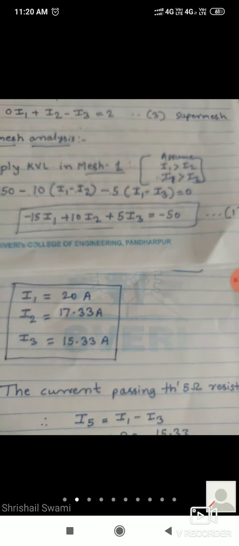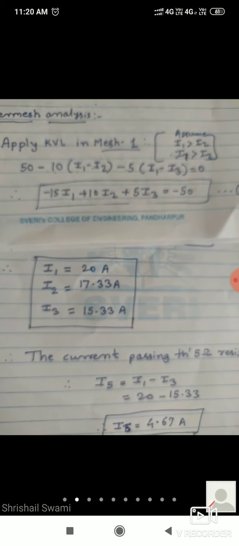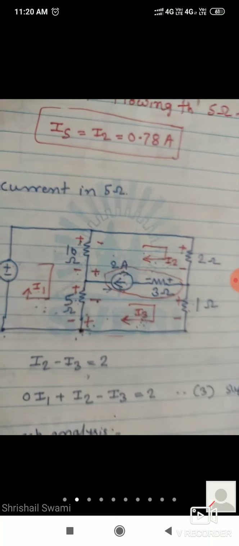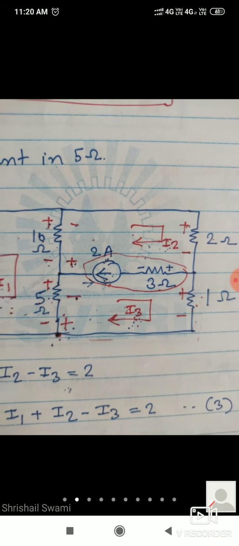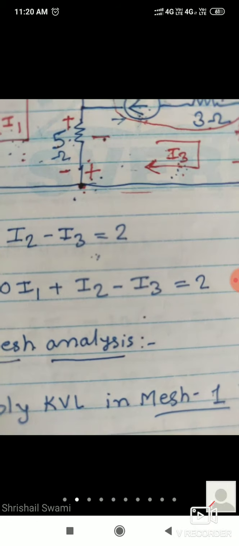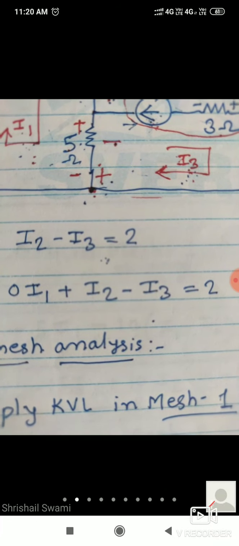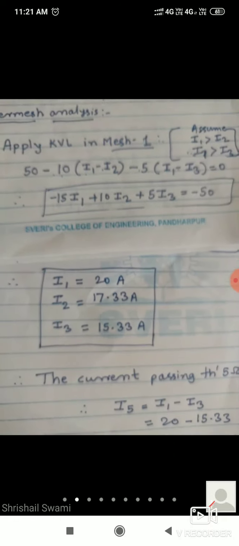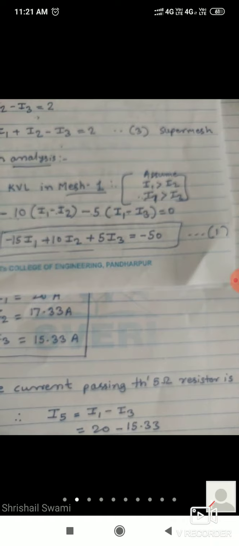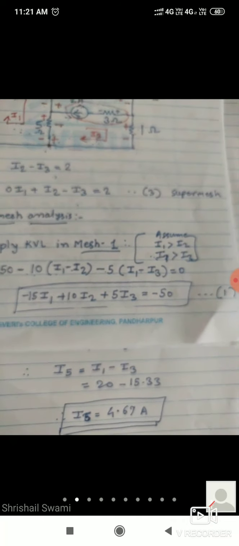So in this way you have to use mesh analysis, super mesh analysis. Solve the problem according to the steps, then you will get the answer. If the steps are correct, the voltage drop marking is correct, and you write the proper equations taking care of plus and minus, then you will get the correct answer. You will not get any wrong answer if you solve correctly using the proper method and proper steps. Okay, so this is it up to now.